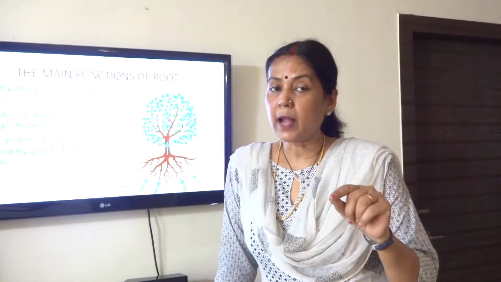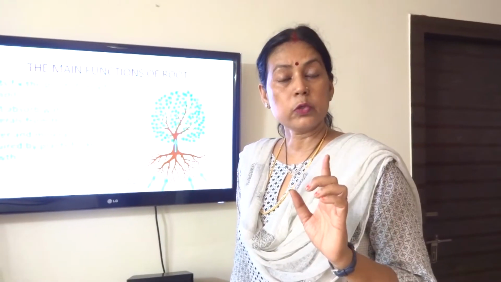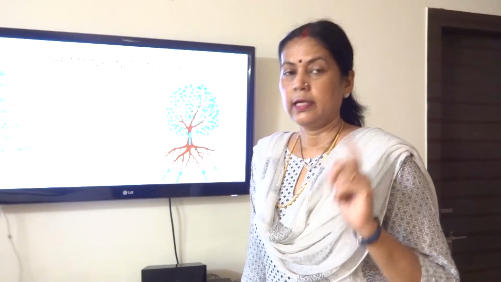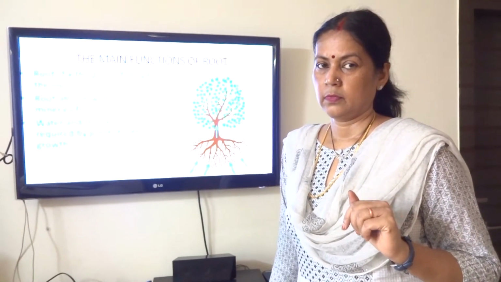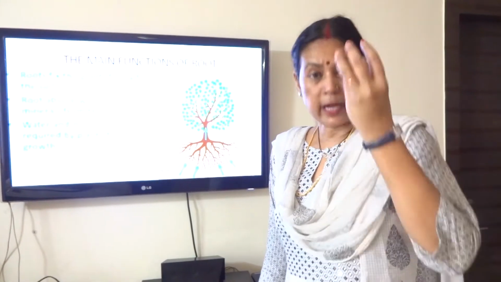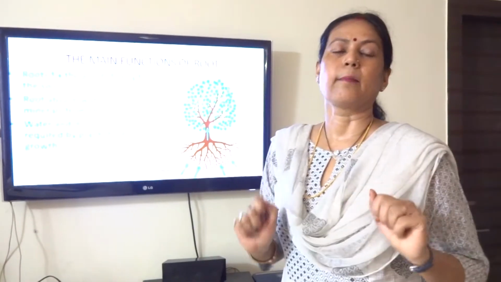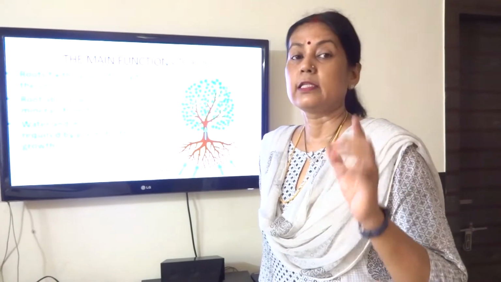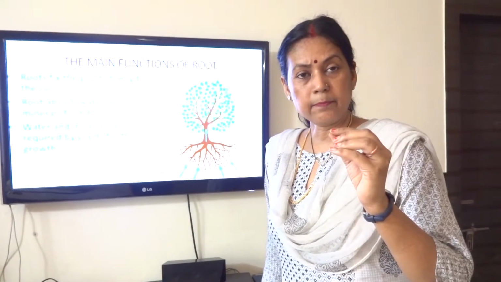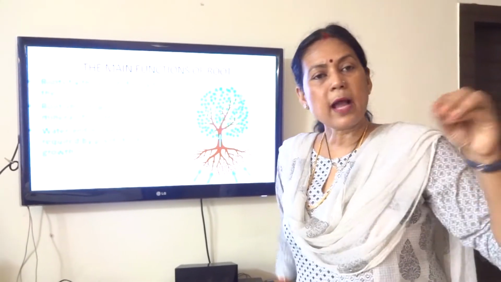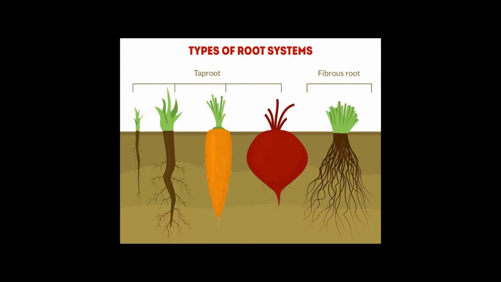Roots are the part of the plant which grow below the ground, and shoot is the part of the plant which grows above the ground. Roots are of two kinds, taproot and fibrous root. Taproot is the main root which comes out of the stem from which different branches come out. And fibrous root is the root which grows from the stem in a bunch. Many branches come out of the stem together.